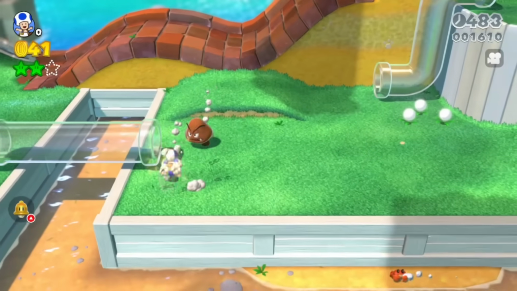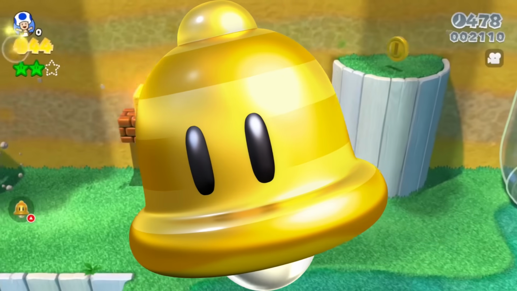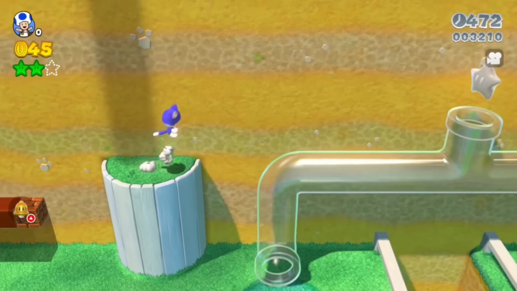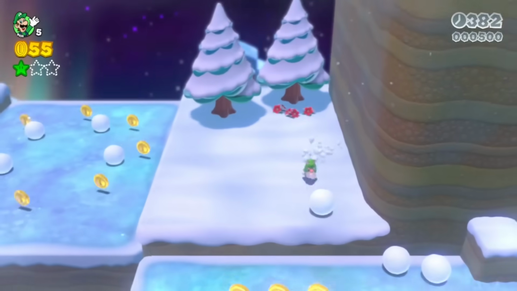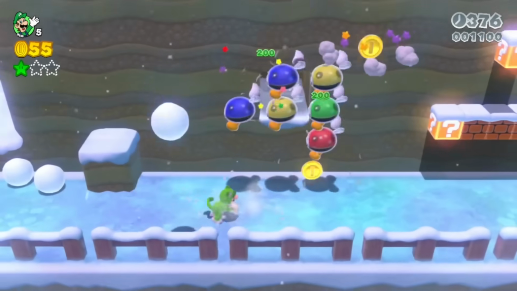The next power-up is also from Mario 3D World. It's the Super Bell. It allows you to climb walls and scratch things. Pretty much any abilities that a cat has, you have. It also allows you to do a little dive move and accelerate downwards extremely quickly. These abilities could be excellent if you were a spy or something, and the fact that you can climb things